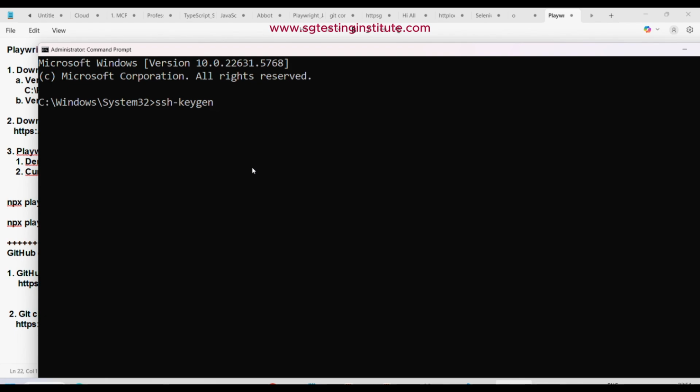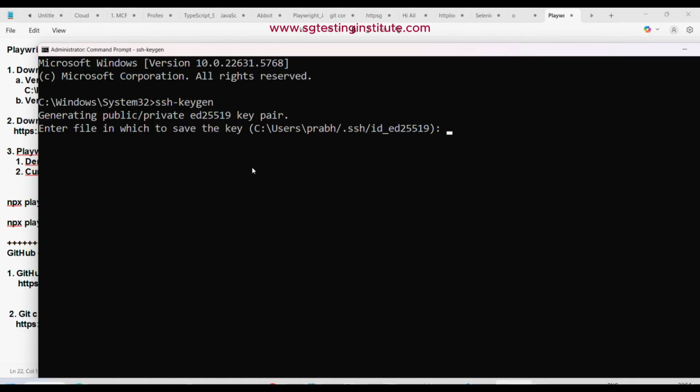So as soon as we press enter, keygen is asking for a file name. Currently we need not provide any file name. By default it is going to generate id_ed25519. By using this particular name, it will generate the private and public files. Just press enter. Since I executed the ssh-keygen command and created a private and public key previously,